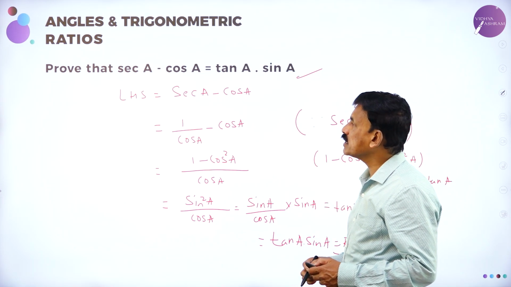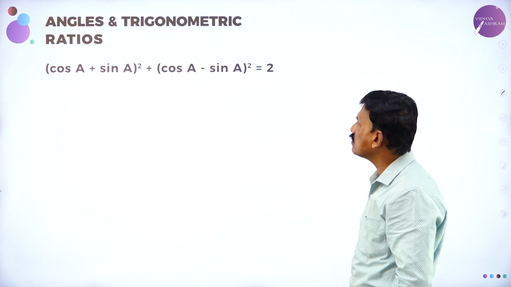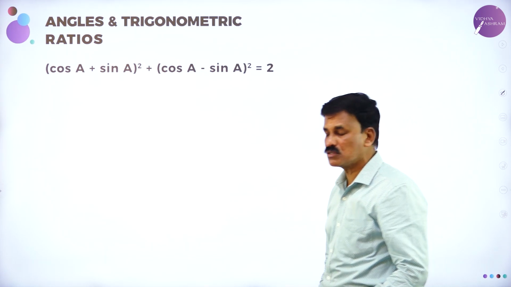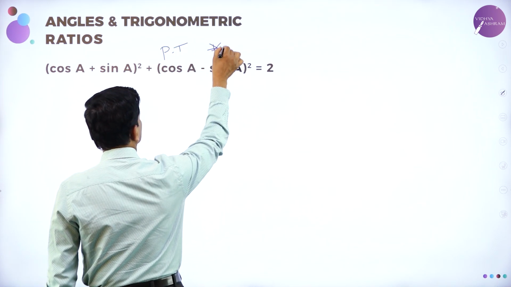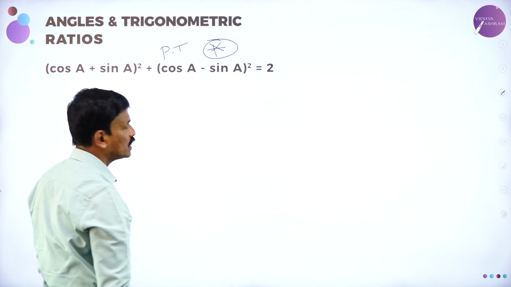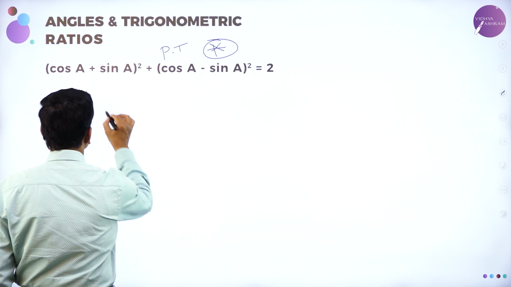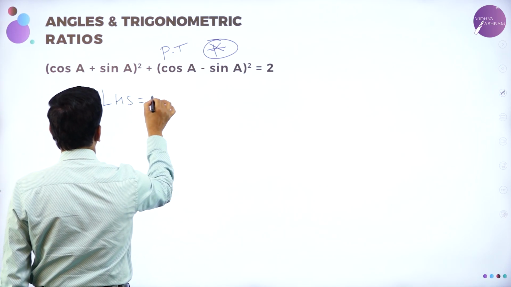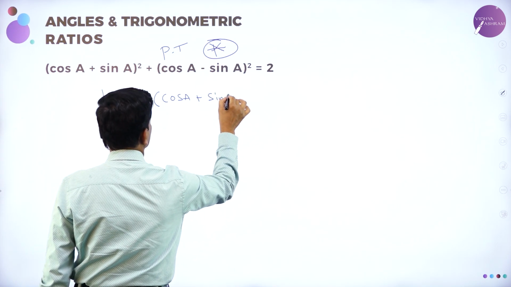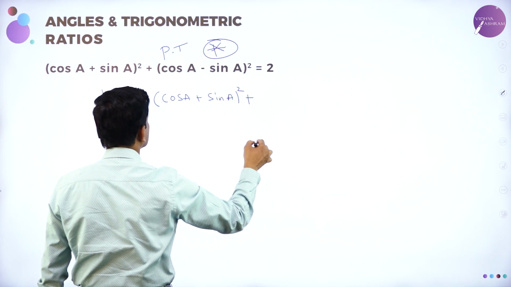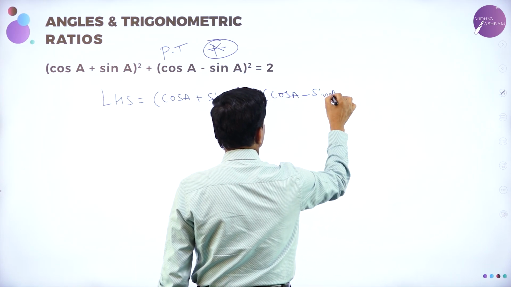Right. Now move on to the next problem. Prove that (cos A plus sin A) whole square plus (cos A minus sin A) whole square is equal to 2. This is a very important problem. Prove that (cos A plus sin A) whole square plus (cos A minus sin A) whole square is equal to 2. Now take LHS, (cos A plus sin A) whole square plus (cos A minus sin A) whole